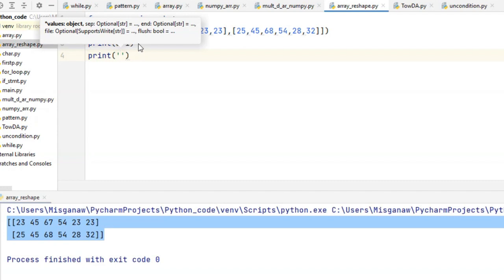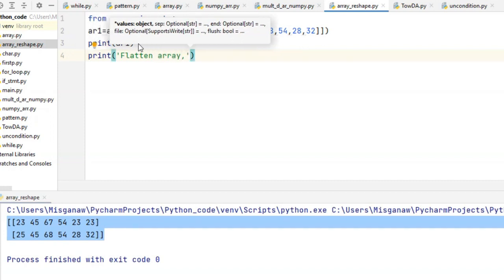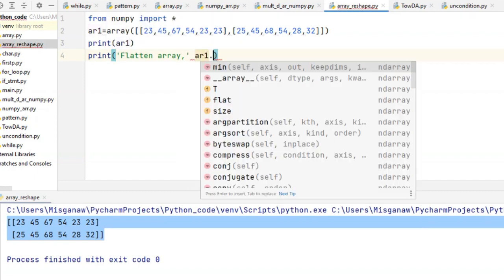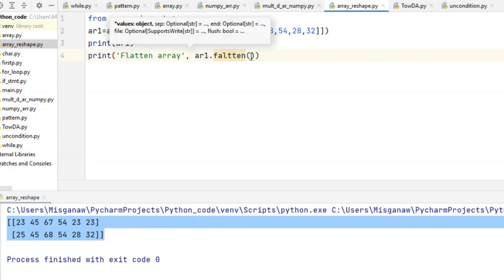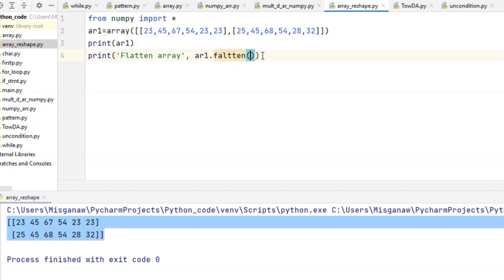Print flatten array, AR1 dot flatten. There is a function flatten. It is enough. This is a function to change this 2D array into a 1D array.